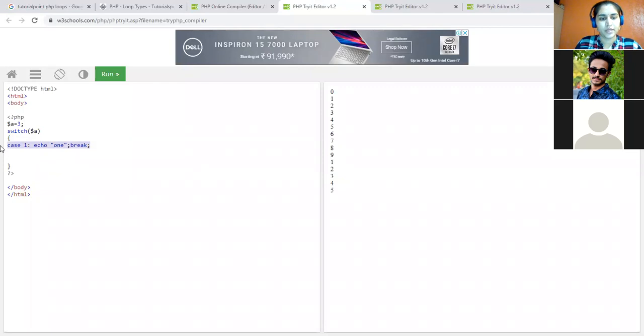Okay. Next case and third case. Default is one more case. If no case is matching over here, then it will go to the default case. So case 2 is here and case 3 is here. So it will display me 3 over here. If it is 2, then it will display me the 2 value.